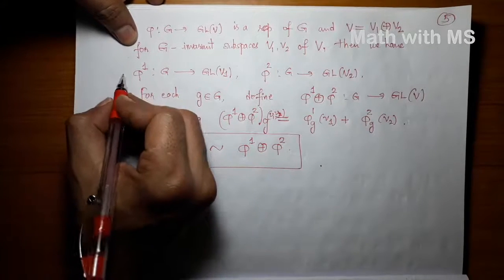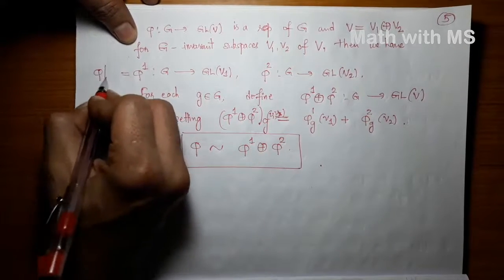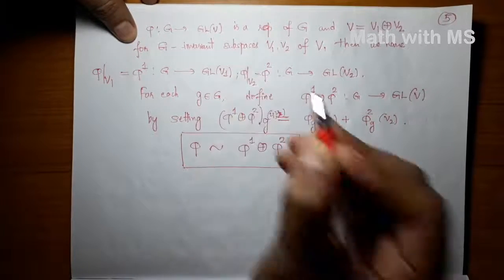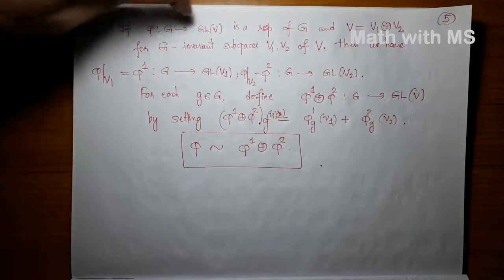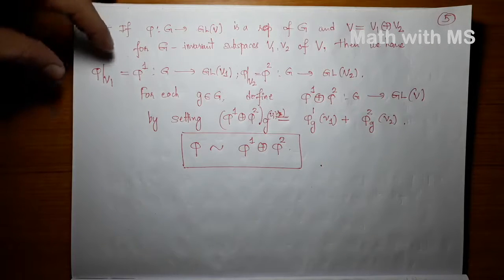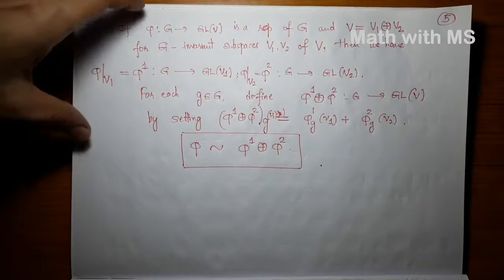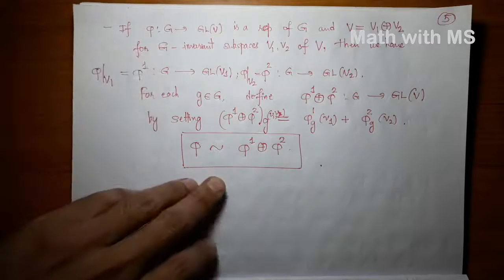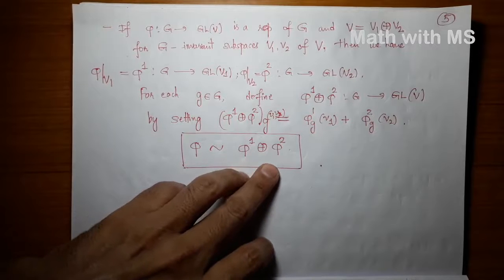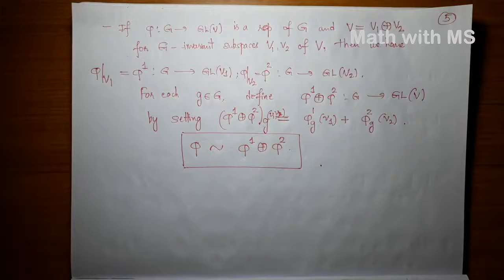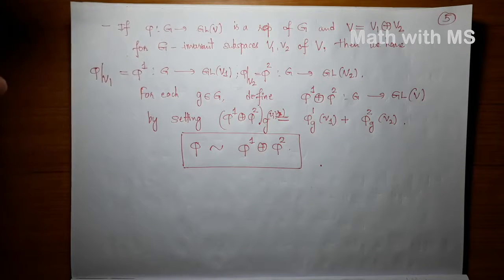So this is your phi restricted to V1 and this is your phi restricted to V2. So you can restrict your representation to each of the subspaces and you get two sub-representations. Then the original representation is just equivalent to the direct sum of these two representations. So this is what we desire for an arbitrary representation, that is, given a finite dimensional representation of a group G,